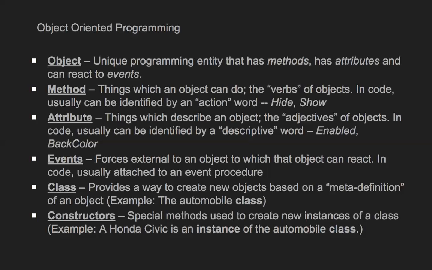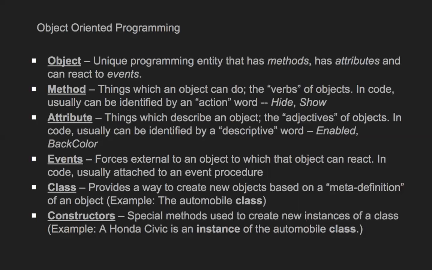And the Hindi teacher will be writing. Writing is a method, right? So in the method write, we say the Hindi teacher writes in the Hindi script. So what is an event? Whenever the teacher writes, students also start writing. In this way, we can connect any object in the world with object, method, attributes, events, class. I hope you might have gone back to your schooling days and understood what these concepts are.